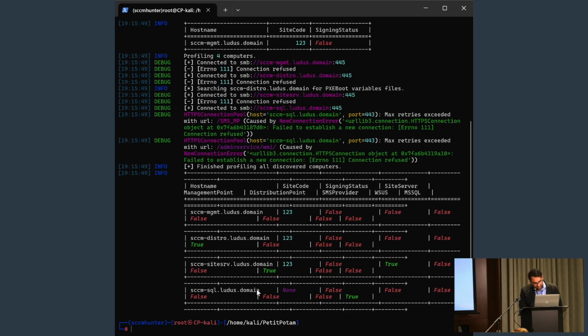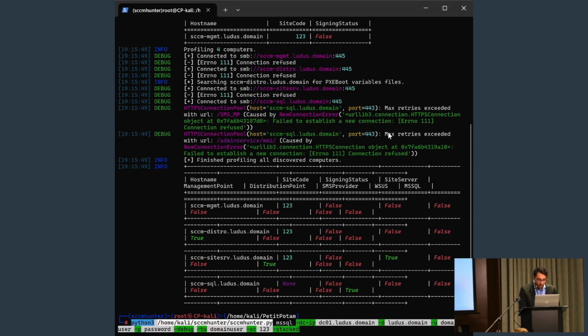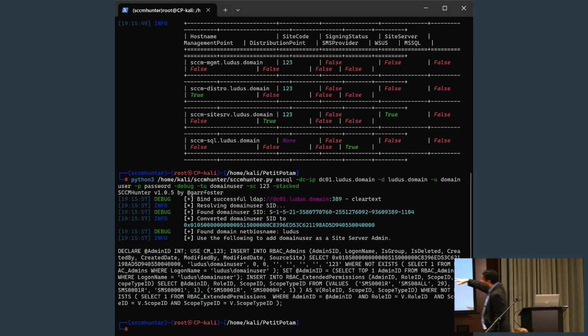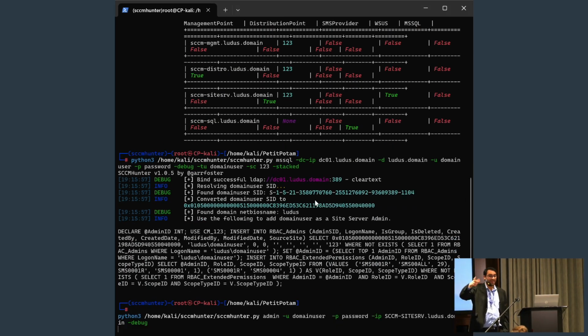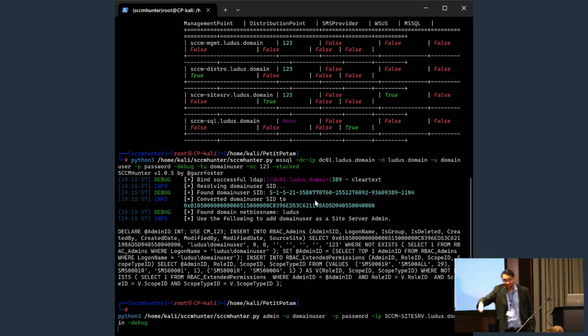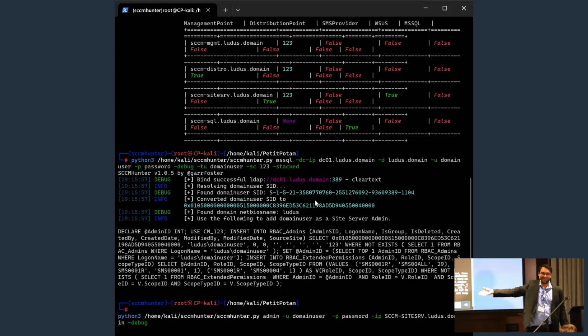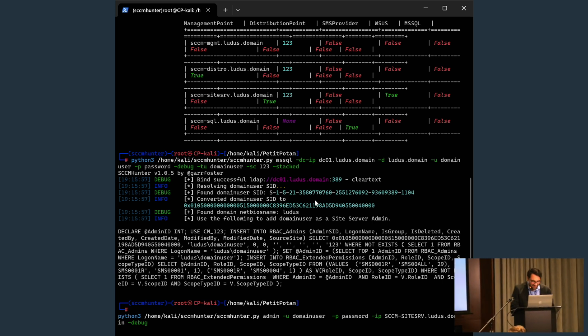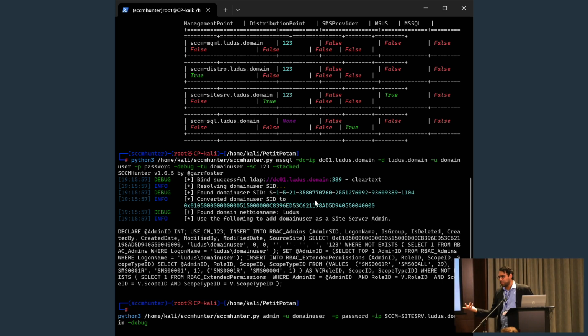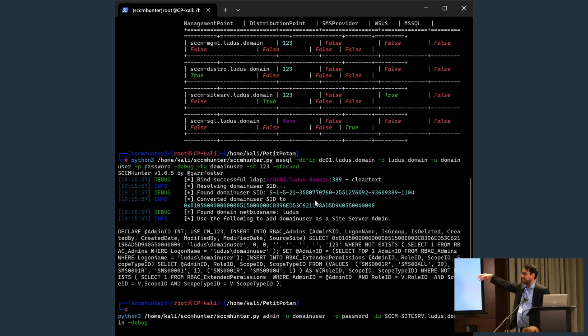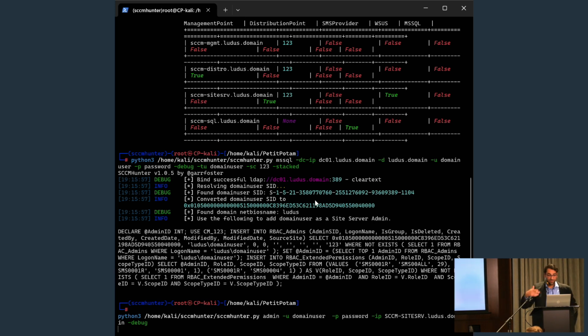this is just redoing the information gathering, pointing out that we know where the SQL server is, then running a command with SCCM Hunter that abuses the fact that if we have administrative access over the database, we can turn that into SCCM admin. So that's the command, if you were interested, that you can use to do that. This obviously just automates some of the more manual parts, like turning a username into a SID in order to properly write to the database. Then if we continue,